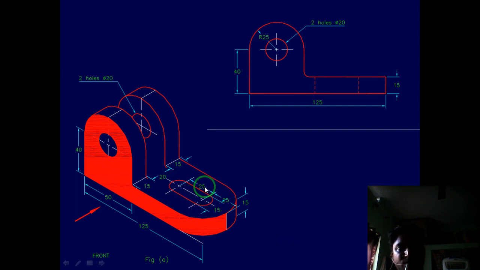Now 25 plus 25 is 50, plus 7.5 is 57.5. From here, at a distance of 57.5, you can draw this. It all depends upon your analysis and calculation. That is about your front view. Next, top view. I have removed that front view.